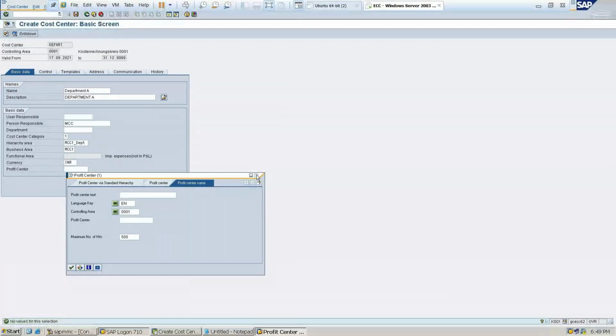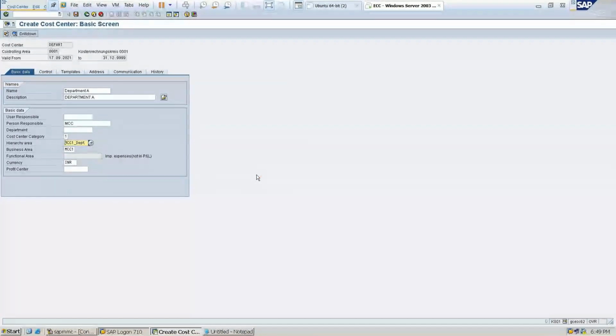But when you select the hierarchical level, the profit center is taken automatically, so we don't give that profit center. So this much information you should enter, write down.